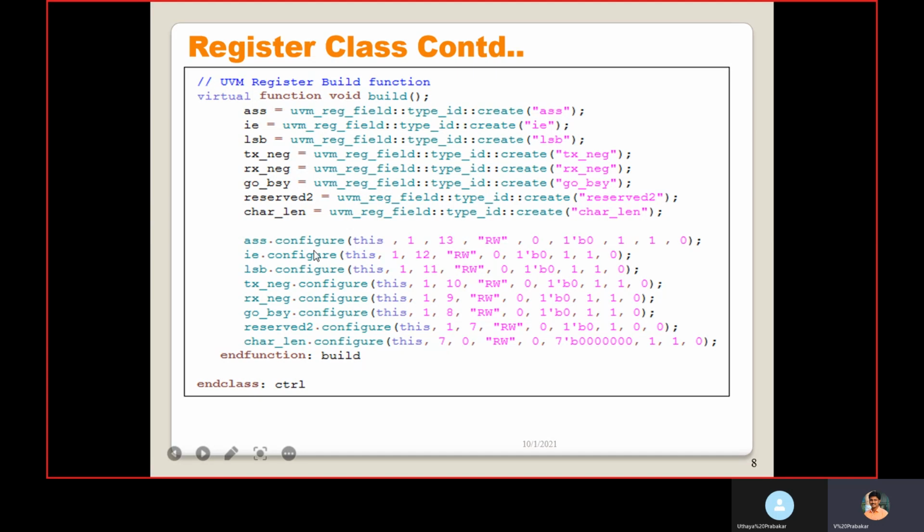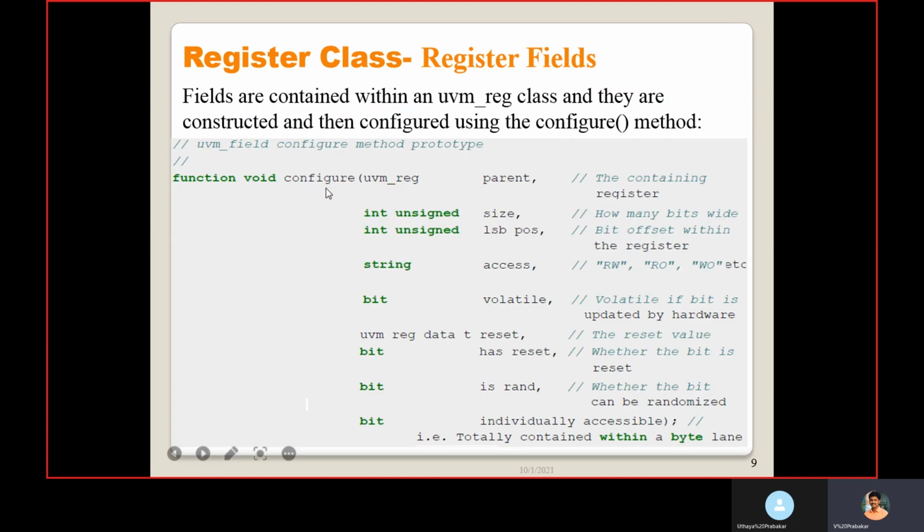Then we need to configure each field. ASS.configure. This is the configure method available in the uvm_reg_field, so for this configure we need to pass all these arguments. First one is the uvm_reg parent, that means the uvm_reg.